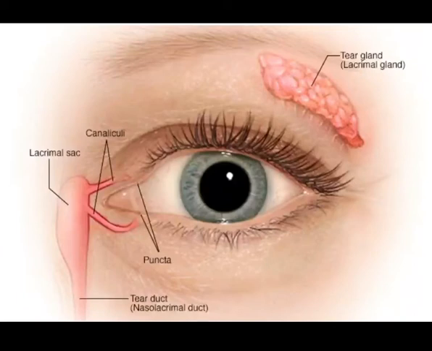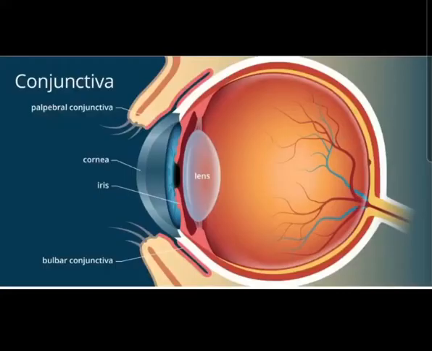Now the function of tears. Tears help in lubricating the surface of the eye. Not only this, they also wash away dust particles which enter our eyes. As they have one antiseptic enzyme, lysozyme, present in them, they help in killing the germs. And they also help us to express emotions.